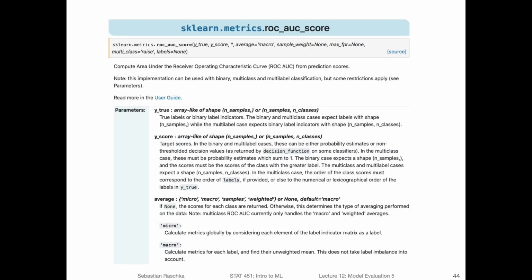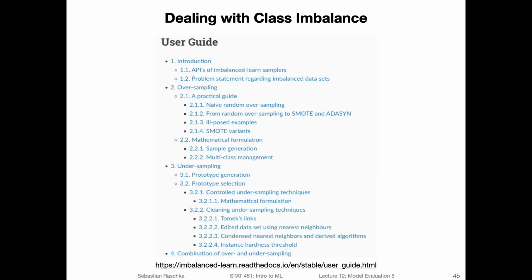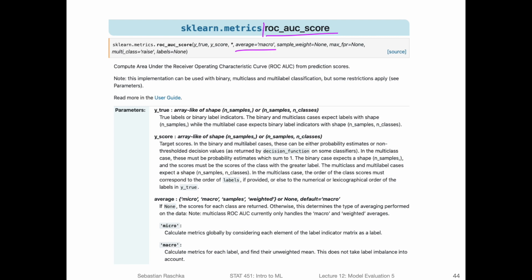And then there is also the receiver operating characteristic area under the curve score. In the previous video I mistakenly said it's just ROC underscore AUC, but the function for computing that is ROC underscore AUC underscore score, and this one also has the averaging, and it's by default set to macro. Okay, so the weighted is actually useful for dealing with